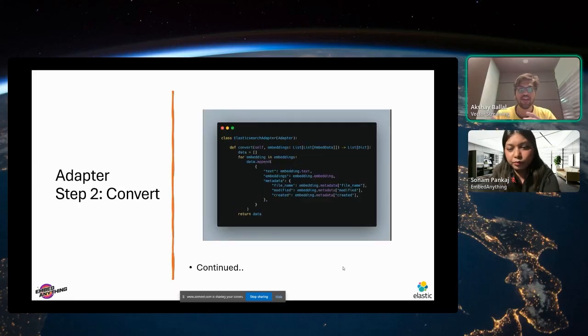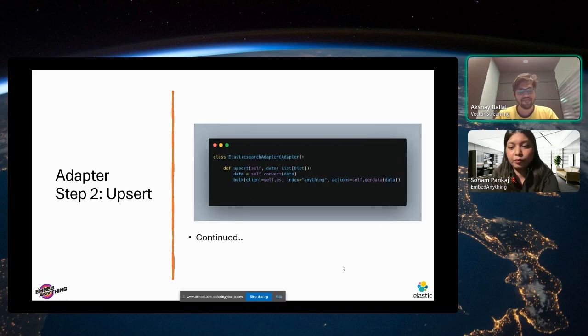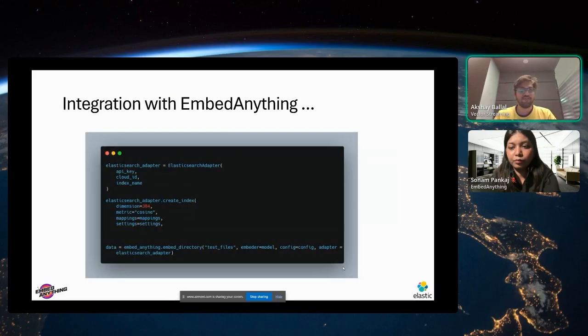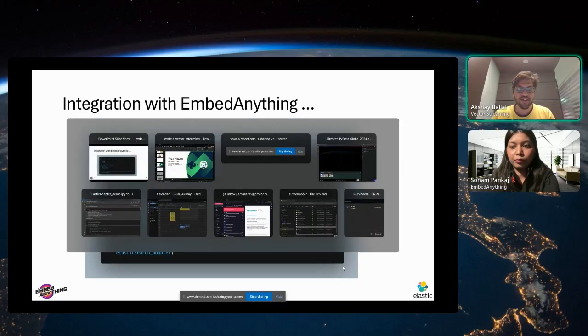And then you need something to convert from Embed Anything's metadata schema into whatever schema the end vector database expects. A function for that needs to be written by you, but we have already written it for most of the databases and published it on our repository, so you can just quickly copy paste from there if you need. And also a function to upsert those embeddings into the database. So at the end you just integrate all this. So I'll quickly show a demo of this working.